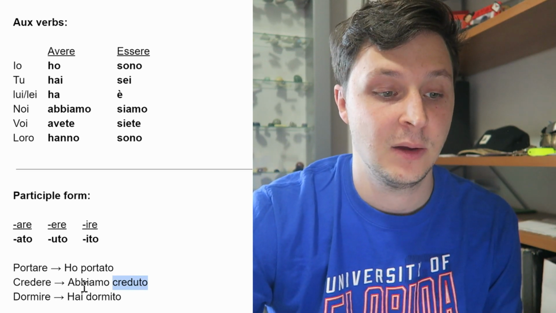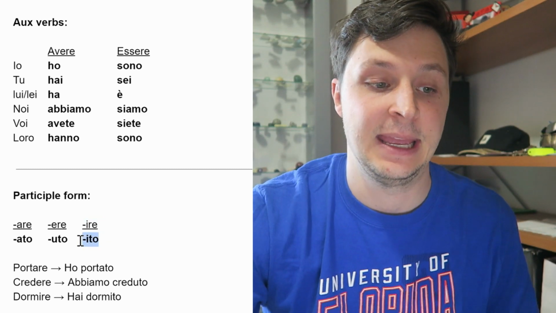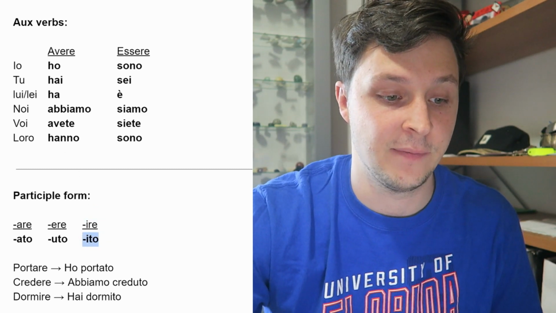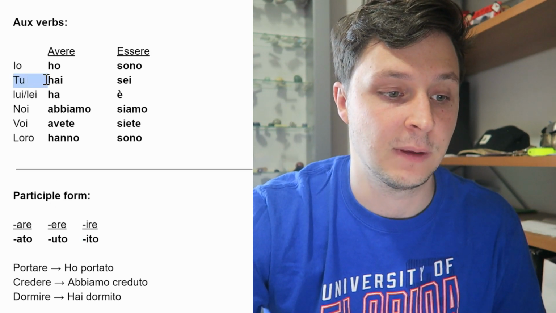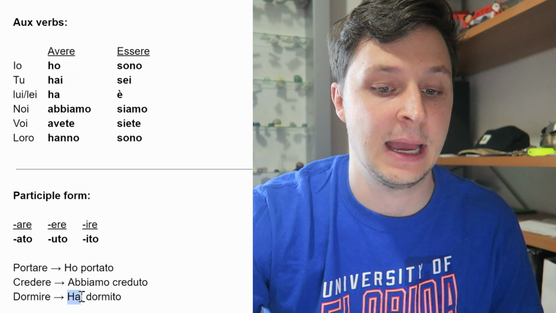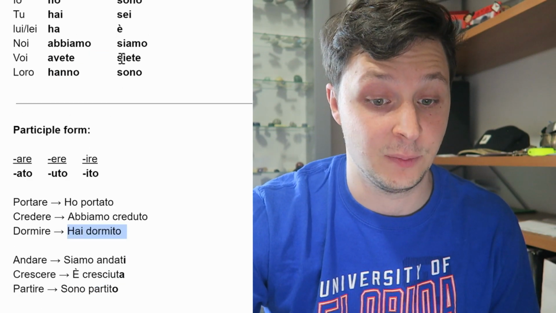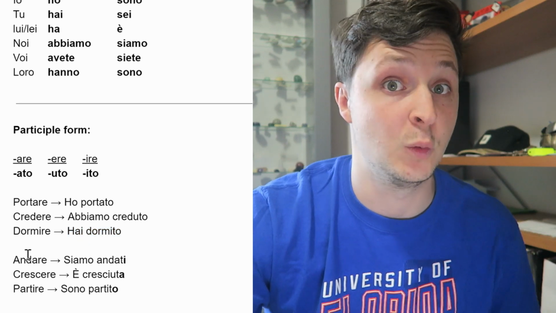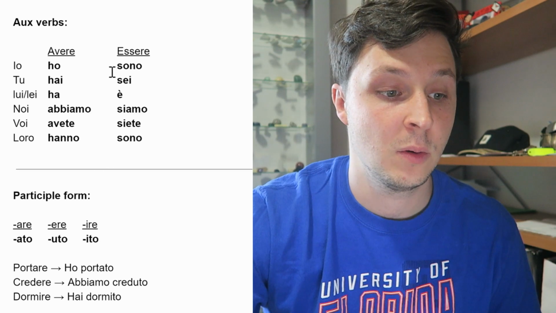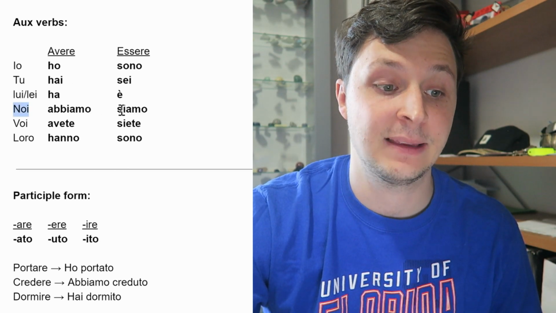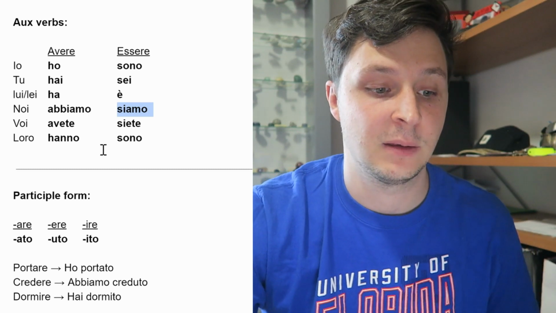Last, dormire, which is an ire verb, so that's going to go to ito. And it is also avere, so if I want to say you slept, I have to go to you. I'll use hai, and then of course hai dormito. So let's do three examples with essere verbs. So for example, andare, to go, you need essere as your auxiliary. So if I want to say we went, I'll go to we, but this time siamo, you don't want to use abbiamo because it's an essere verb. So siamo